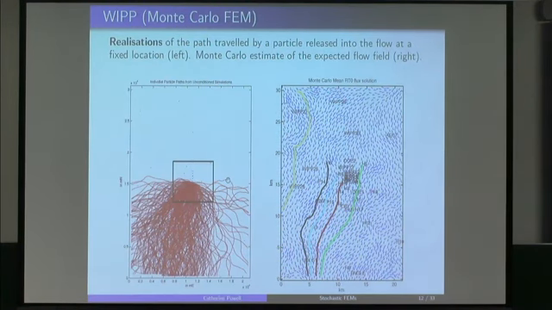Peter said Monte Carlo is not a good thing to do, so I'm going to go into a bit more detail about that. But this is the simplest form of stochastic finite element method. When I say stochastic finite element method, I just mean that my computer code, the technology that's in there, is finite elements. What I do about the random part or the uncertain part of the problem is my choice, and that's what distinguishes between our different families of stochastic finite element methods. So Monte Carlo is the simplest, naive stochastic finite element method.